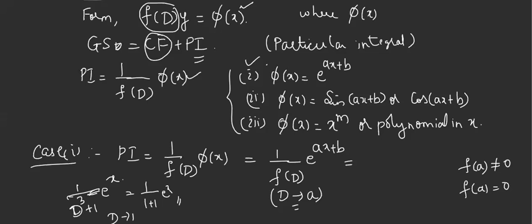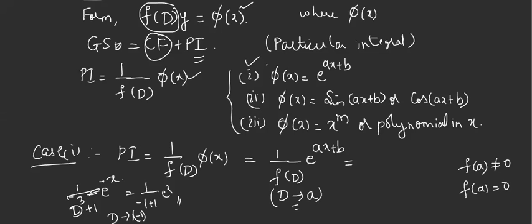Got it? Now, suppose we have the same f of d, but I am having e raised to minus x. Then I have to replace d by what? Minus 1, because it is the coefficient of x. What is minus 1 cube? Minus 1. So minus 1 plus 1 is in the denominator. If the denominator is 0, the quantity is infinity. We avoid infinity, isn't it? So if you are getting 0, don't replace it.